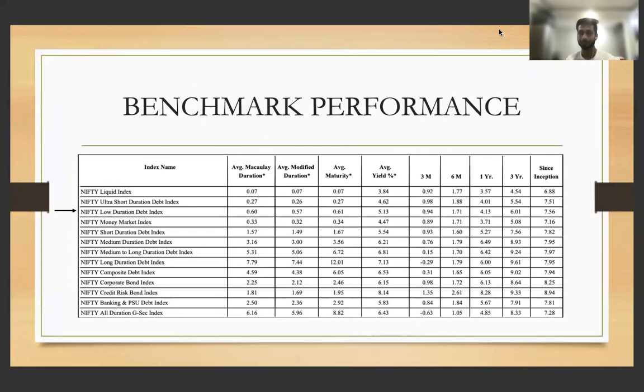If we see other benchmarks as well, like the Nifty Liquidity Index and the ultra short term debt index, the only outperforming index is the Nifty Credit Risk Bond Index. So in this, as you know, the risk of debt increases, so it has generated 8 to 9% returns. But the benchmark for this scheme has generated 4% return in the last 1 year, and since inception it has given 7 to 8% return. But considering the future, with monetary policy tightening, the situation could be different.